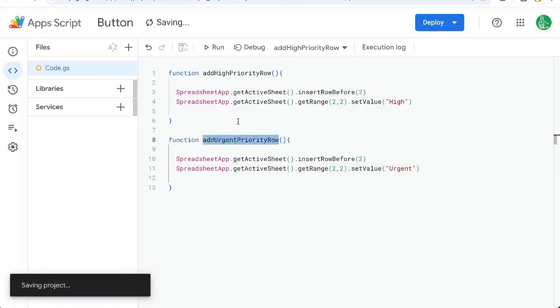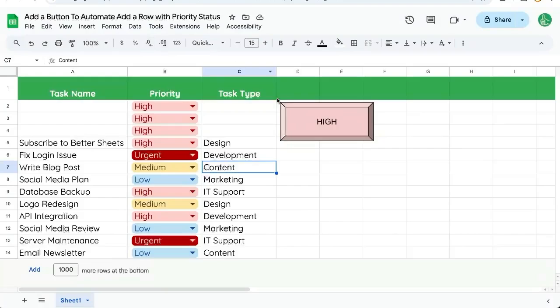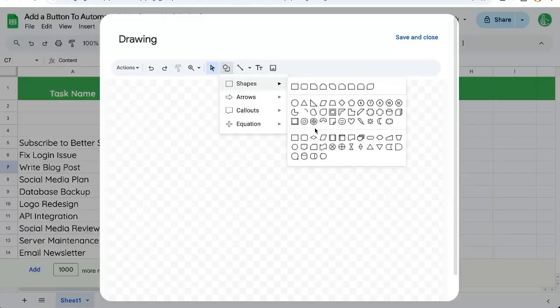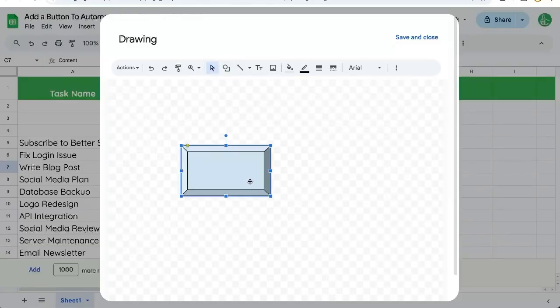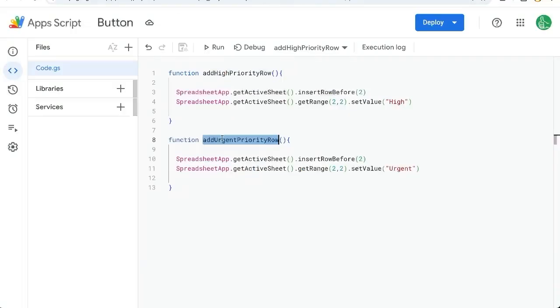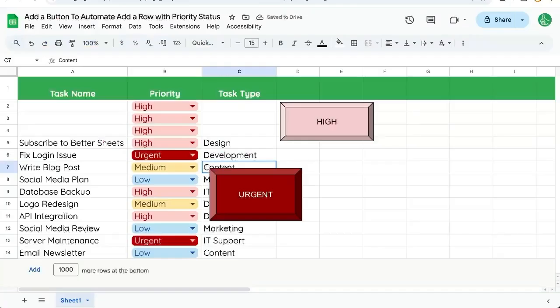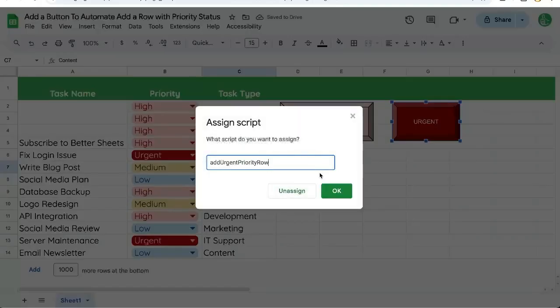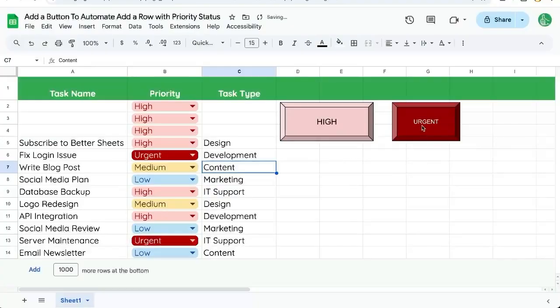So again, let's copy this function, save everything, go back here to our sheet, Insert, Drawing, create a new shape. This beveled one will do, call it Urgent, and background will be dark red. But let's make the text white. There we go. Save and close. Again, just make sure we've copied this function name. We can click and drag this Urgent over here. Let's make it the same height and click on that assign script, paste our name,